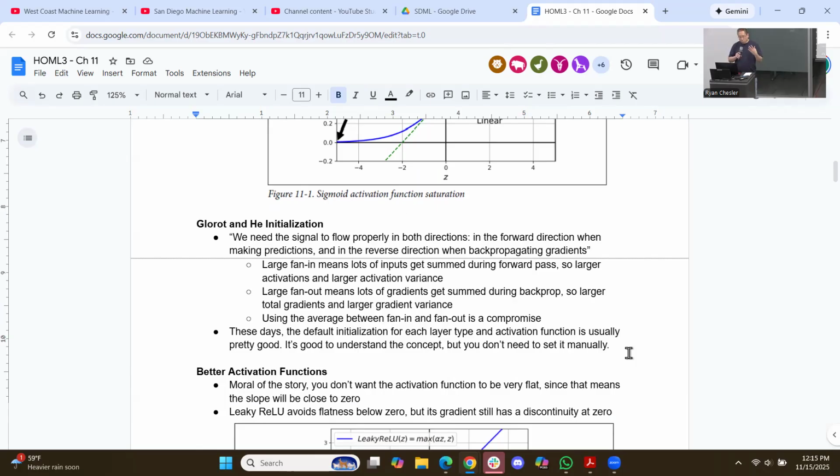I think for more than just a casual understanding of deep learning, I pulled this quote out of the book. It says, "We need the signal to flow properly in both directions, in the forward direction when making predictions, and in the reverse direction when back propagating gradients." So when you're first learning and building toy problems, you don't really have to worry about this. But if you're going to spend any time deeper, or read ML papers, it's really important to understand that when you're training a neural network, data flows from your inputs to your outputs layer by layer,